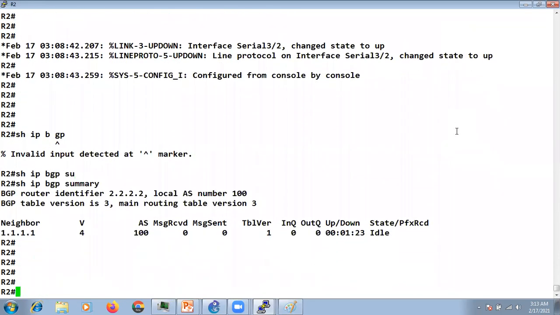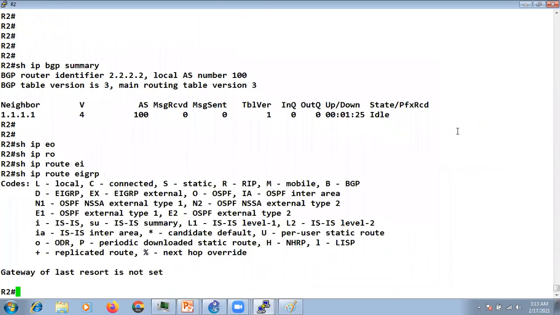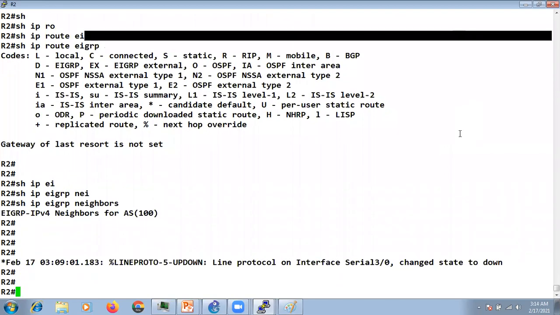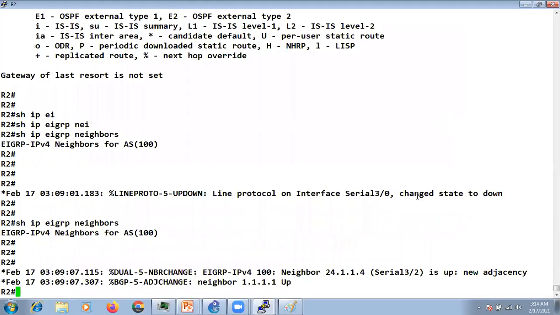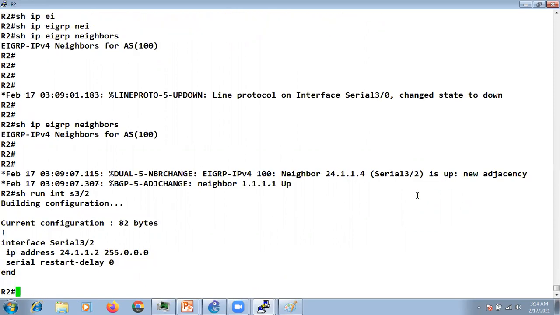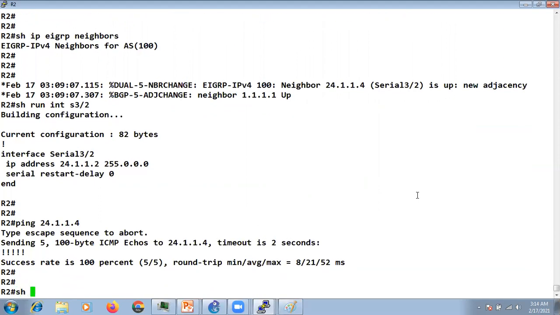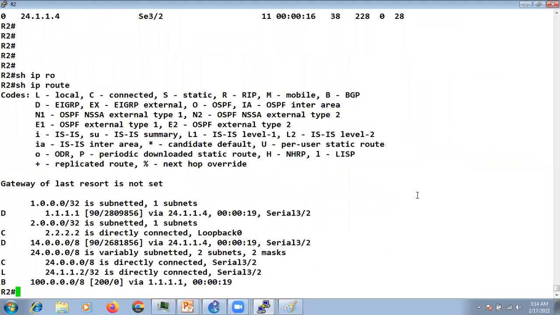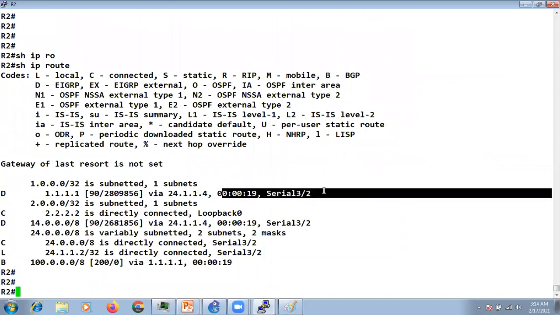Now we don't have any fall-over. Show IP route EIGRP. Still, I think the neighborship is not up. It's serial 3/2. Show run interface serial 3/2, link is up. 24.1.1.4. Show IP EIGRP neighbor. Okay, so the neighborship is up now, and we are also receiving 1.1.1.1. Now we are back to the normal situation.